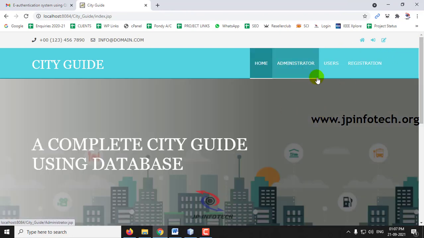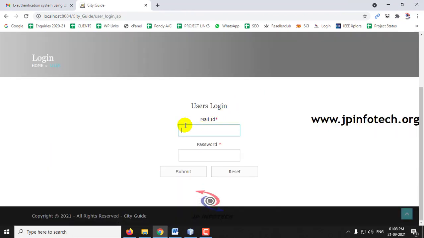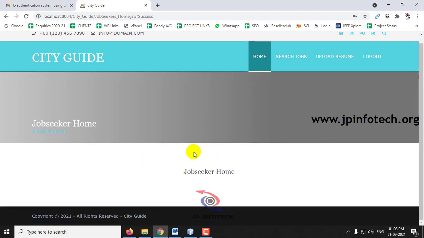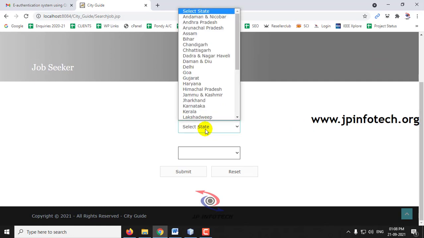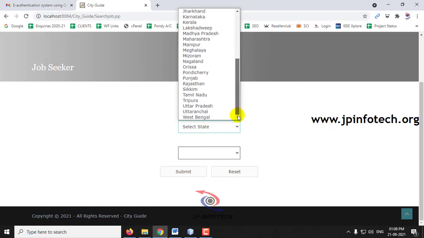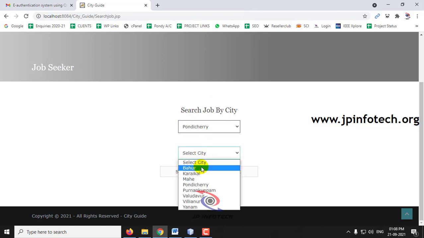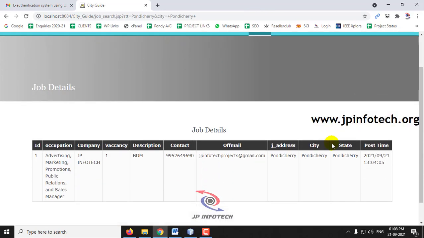And finally let me go to the job seeker part. So let me enter jpjob@gmail.com, which I have created in the registration, and click submit. And it will be navigated to the job seeker home, and just go to the search jobs place, and you can select the place. For example, let me select Pondicherry and click submit, and you can see what all the